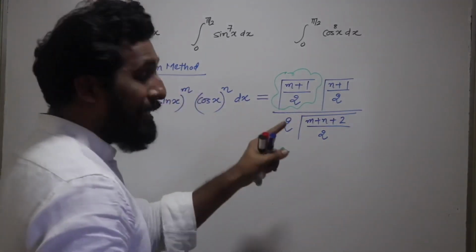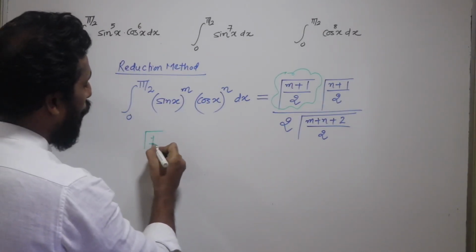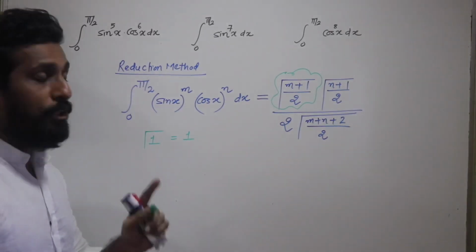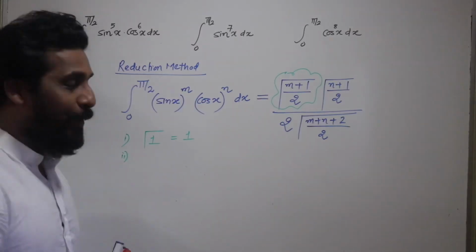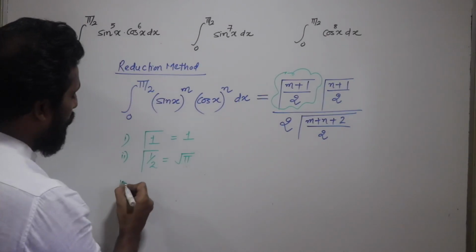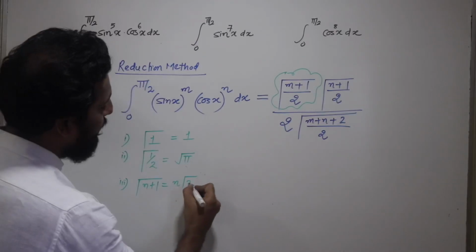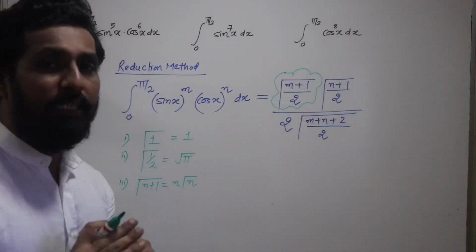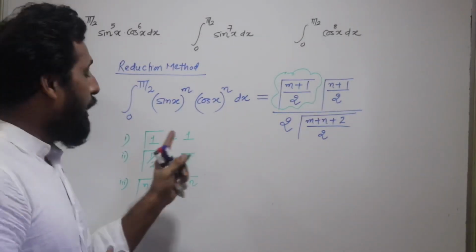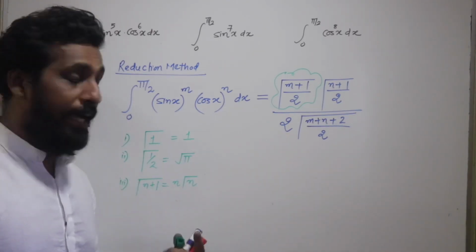Now let's try and understand a few more concepts. If I write gamma 1, remember that gamma 1 will always be 1. Then the next thing that you should know is gamma half. It is given by root pi, and then the third one that you need to know is gamma n plus 1 is n gamma n, isn't it? So just remember these, that's all. You don't have to understand the concept. Gamma 1 should be written as 1. If you get gamma of half, you write it as root pi. If you get gamma of n plus 1, you write it as n gamma n.